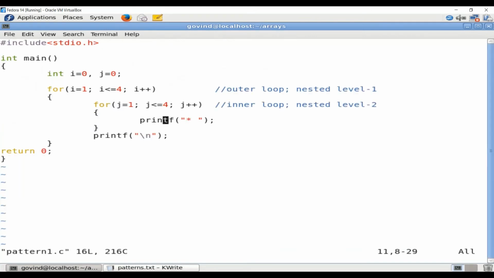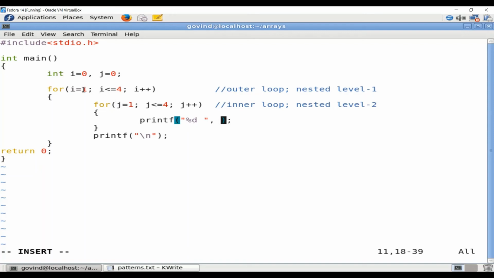Now what I am interested in here is not printing stars, rather I am interested in printing a value, and that is an integer value. So after printing that integer value, I will go to the next line. Now you might guess what variable name I should specify here after the comma.